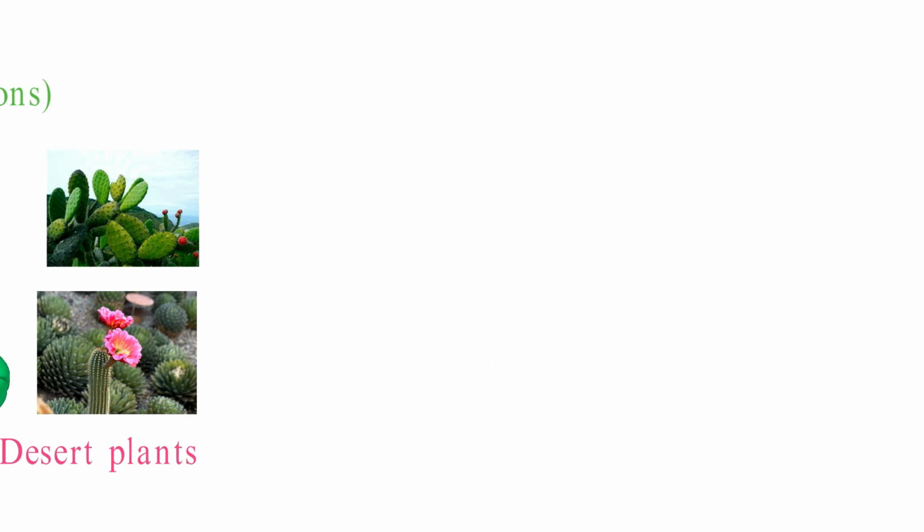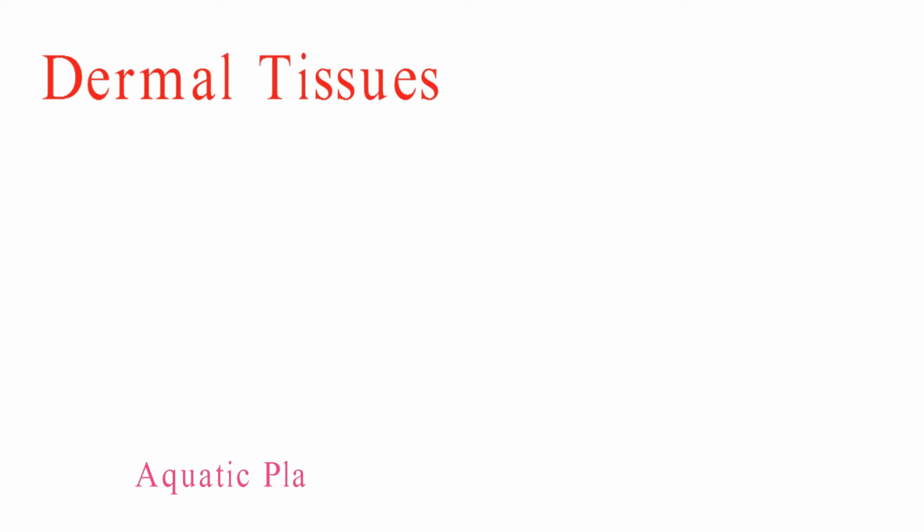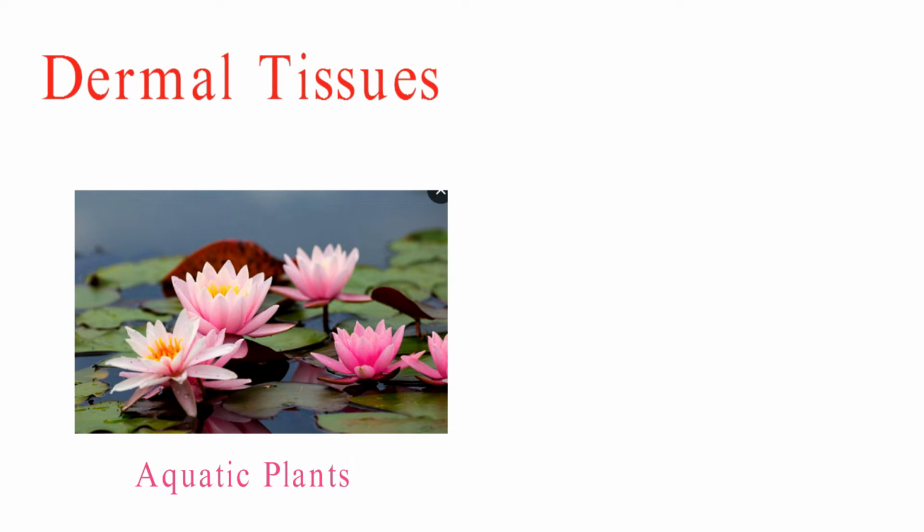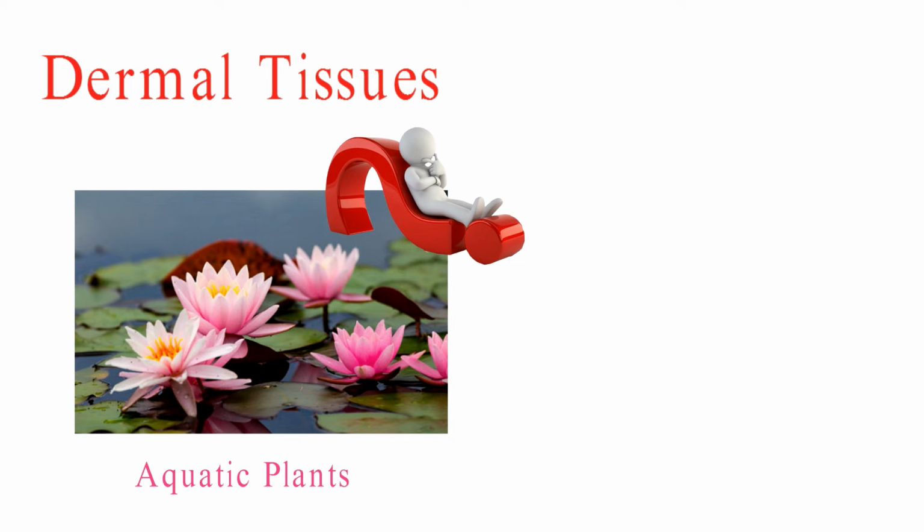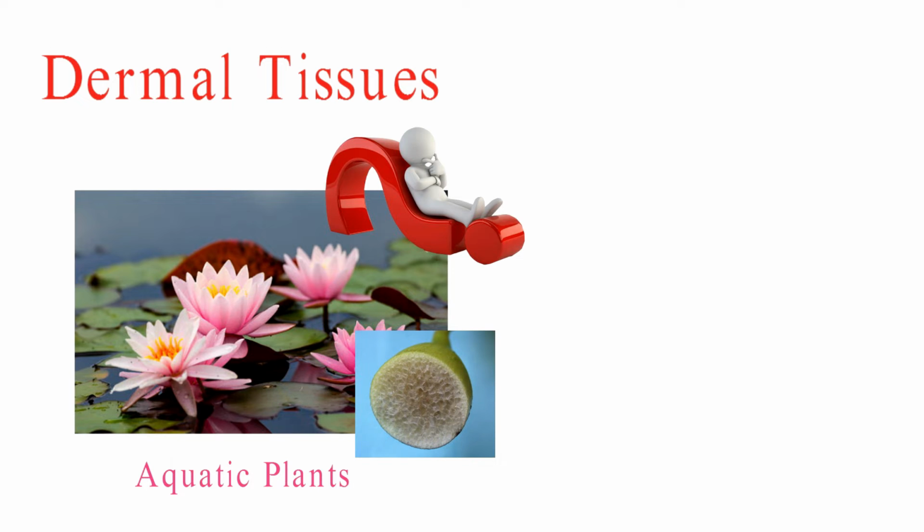Now, let's dive into the world of aquatic plants. They're like the aqua men of the plant world. But here's a puzzler. How do they manage to exchange gases and thrive underwater without drowning? The secret lies in specialized structures called parenchyma and lenticels. These structures create air channels that allow oxygen to reach submerged roots and other parts of the plant, ensuring they